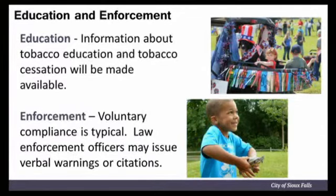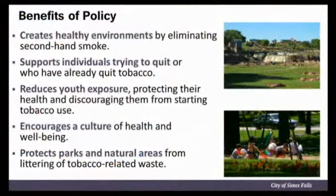As we've seen in other communities around the country, that education and awareness is a key part of enforcing these policies. And we don't go about this work lightly. We really look at what's out there, what's best practice, what can we do to make an impact in the health of our community. So this type of policy does have many benefits, including the health benefits. But it creates that healthy environment that can support individuals who wish to quit or are trying to quit. And studies show that 70% of people who use tobacco do want to quit. When you remove that tobacco from the environment, you're supporting them, but you're also providing great role modeling for our